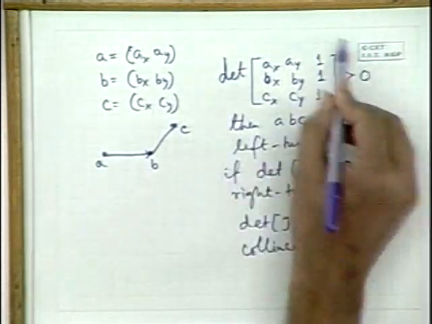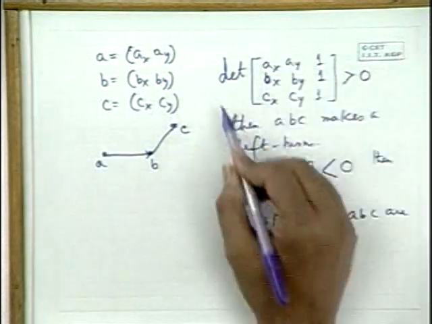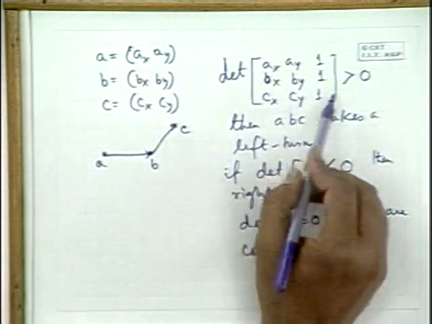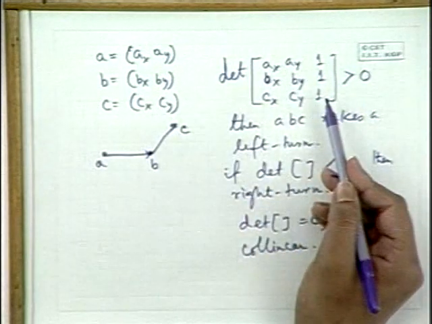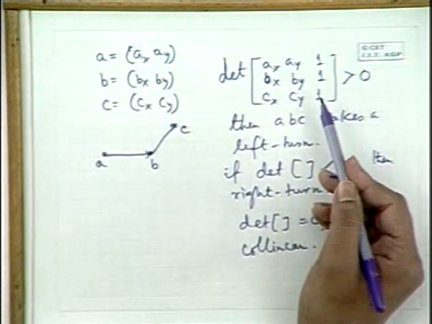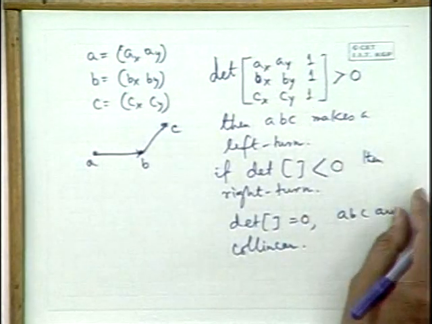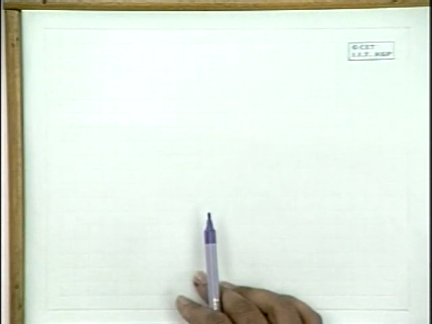So by computing this, you can compute whether 3 points are making a left turn or right turn. And this computation is a constant time affair given the 3 points. It's a determinant computation. Now, let me assume how do we represent the convex hull inside the computer. We can represent the convex hull as a linked list, circular linked list,